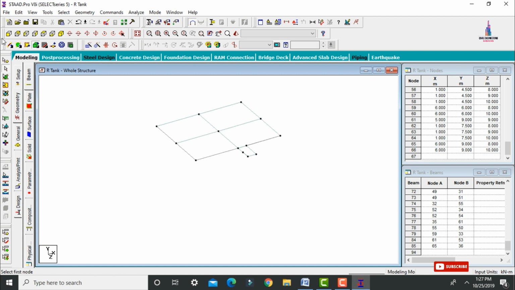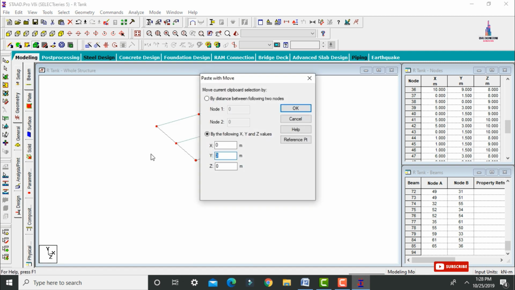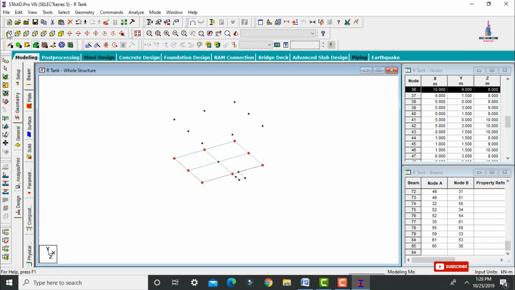So after that we have to select the node cursor here. I am selecting the nodes here like this at the corner sections as well as node points, which are at this portion. So click on copy option here, select copy, click on paste nodes option. So here I am taking y direction distance, which is approximately equal to 6.5 meter in y direction. Click on OK. So after that we have to select the front view.